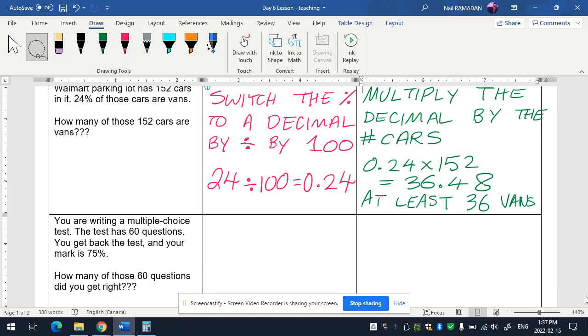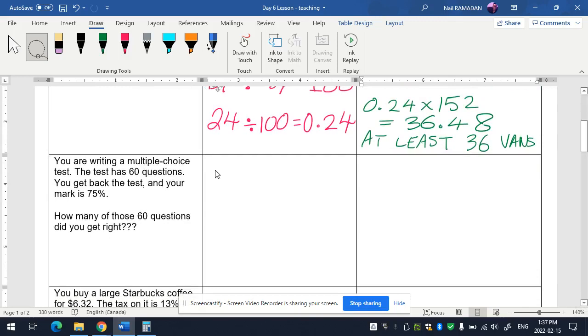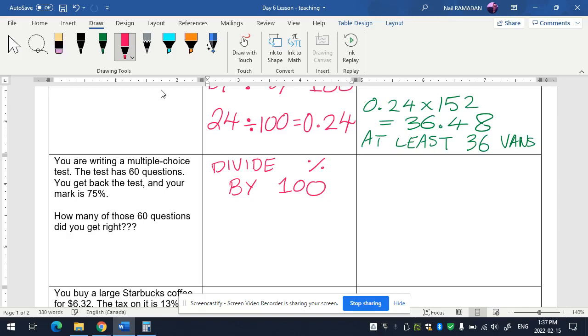What do you do first? Do you look at this number? Yes. But instead of writing all of that now, let's just write it quickly. So I just want you to write: divide percent by 100. Great. So apparently 75. By the way, everyone, you see that? When I'm dividing the percent, I don't write the percent sign. I just look at the number itself. So 75